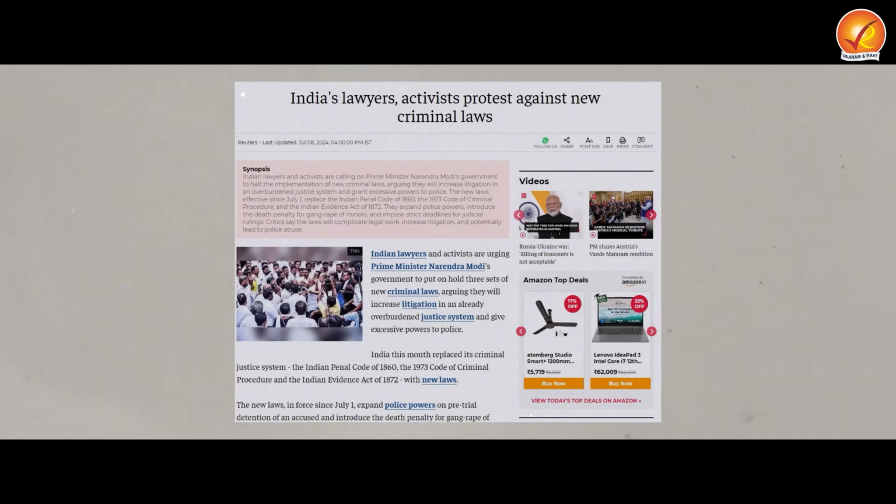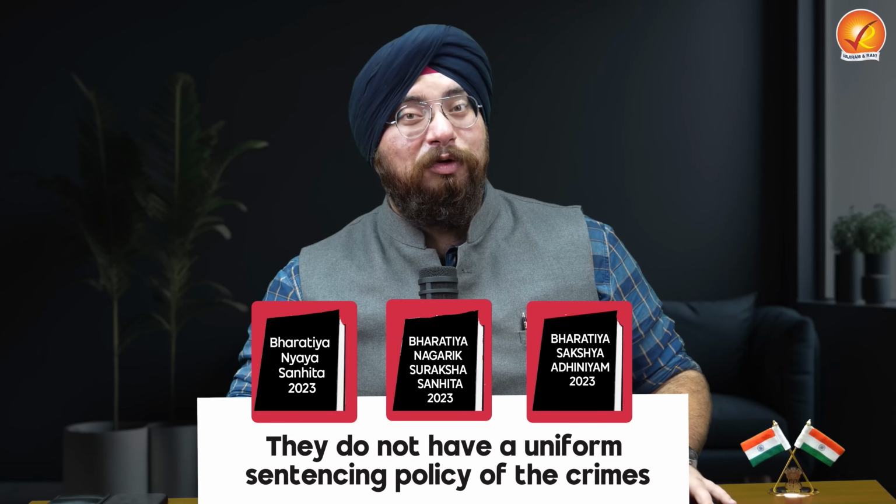So many experts point out that there should be proper infrastructure, digital, physical and other types of infrastructure as well, so as to ensure that these laws can be implemented properly and effectively. Now, the fourth major concern is in relation to the sentencing policy and uniformity. Many people say that this is a missed opportunity because these laws do not have a uniform sentencing policy